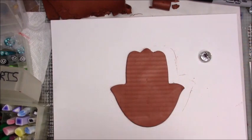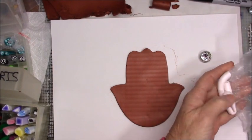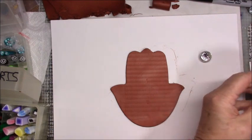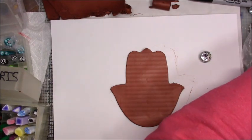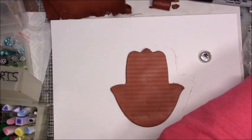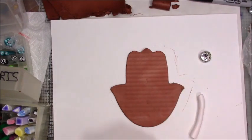Maybe I will put a piece of light clay. Let me see what I have here in my stash. I've got enough Primo clay here to sink a battleship. Let me just use, here's just a little piece of white. And this is already conditioned because I just used it on another tutorial not too long ago. So let me just roll this down